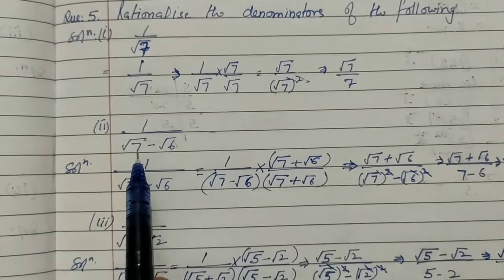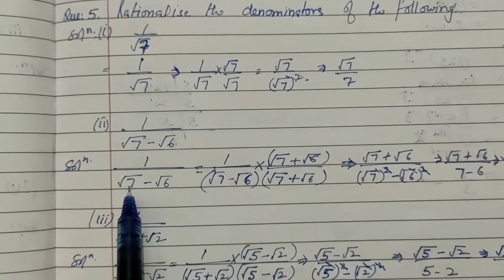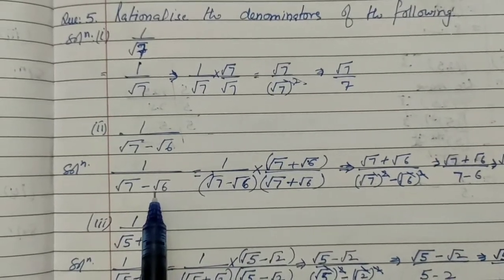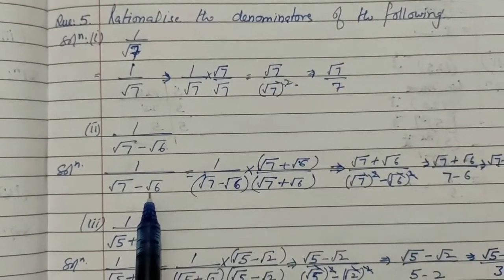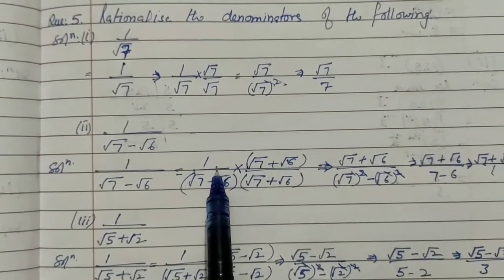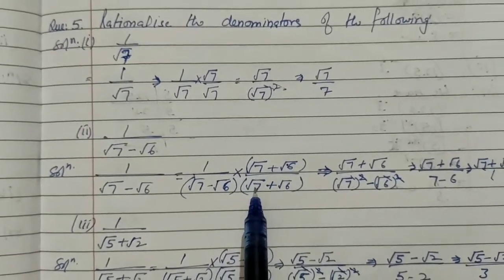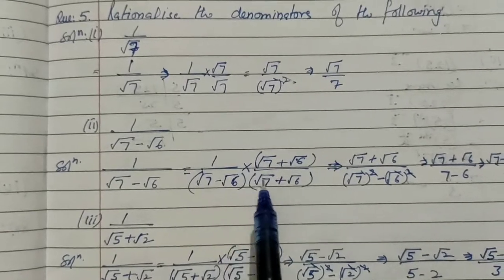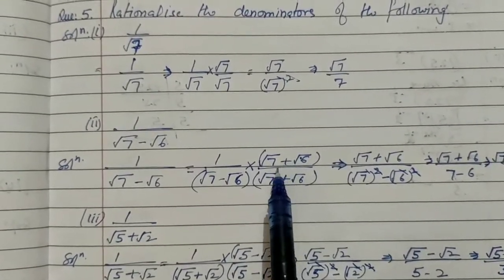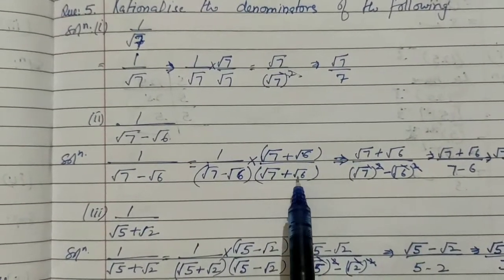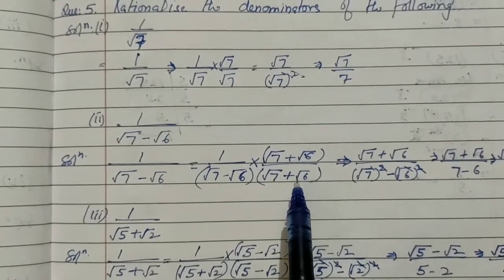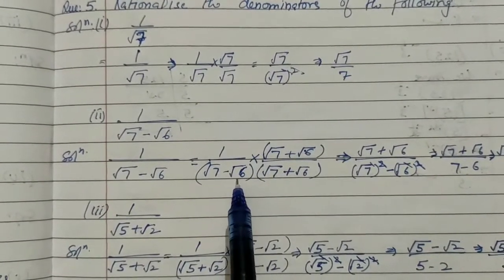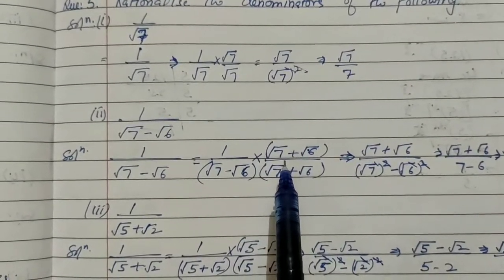Okay, now in the part number 2 we have denominator as √7 minus √6. Now we need to rationalize this denominator. हमें इस डिनोमिनेटर का रैशनलाइज करना है. सो हम क्या करेंगे? इस गिवन नंबर को मल्टीप्लाई और डिवाइड करेंगे गिवन डिनोमिनेटर से, दैट इज √7 माइनस √6 विद द अपोजिट साइन, दैट इज √7 प्लस √6 एंड √7 प्लस √6. सो मल्टीप्लाई एंड डिवाइड द गिवन नंबर विद द अपोजिट साइन ऑफ डिनोमिनेटर to rationalize the denominator of given number.